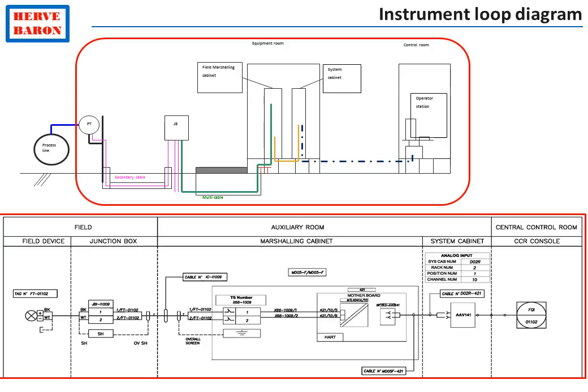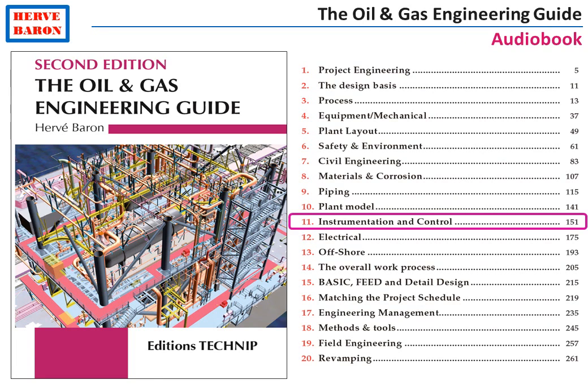Finally, the instrument loop diagram shows the complete connections for one particular instrument, including numbering of terminals, cables, I/O cards, and so on. This drawing is used for pre-commissioning to test the functionality of the instrument and during troubleshooting. This concludes this